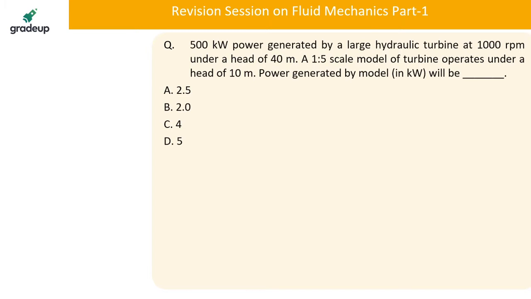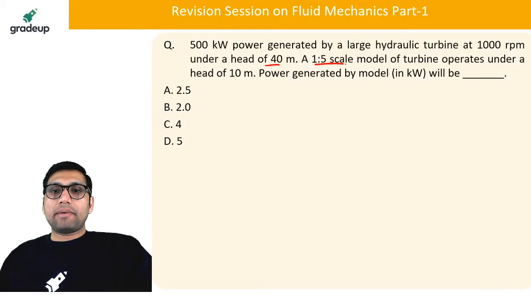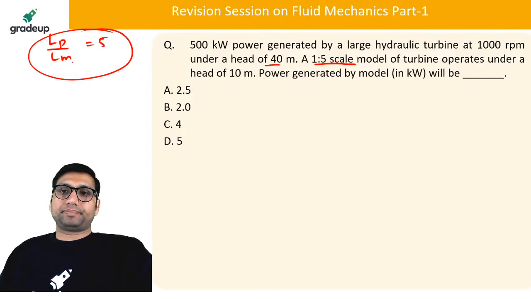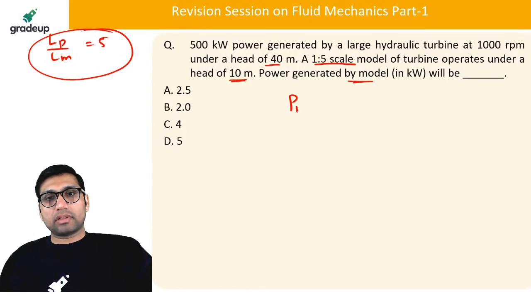A 500 kilowatt power is generated by a large hydraulic turbine at 1000 rpm under a head of 40 meter. For a 1:5 scale model, LP by LM will be equal to what? 5. The model turbines operate under a head of 10 meter. The power generated by the model is? The power of the prototype by the power of the model is equal to what? LP by LM